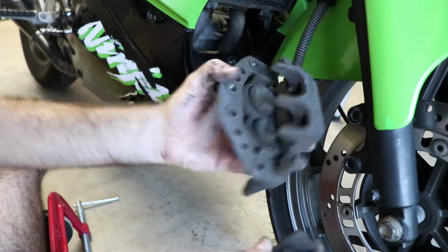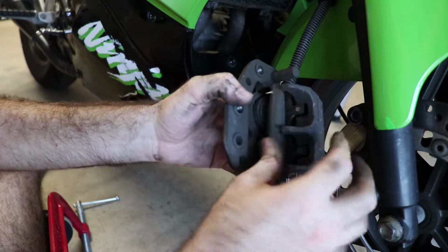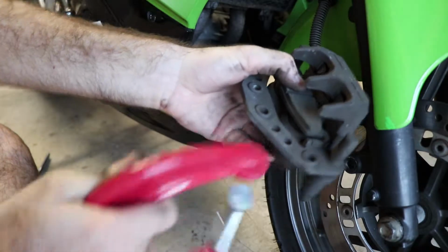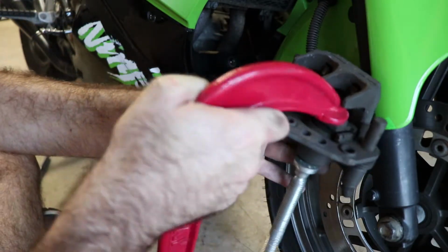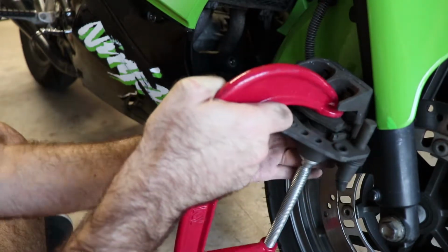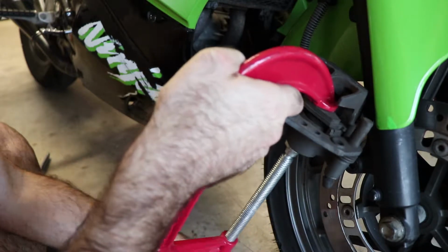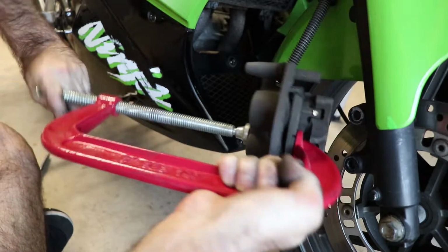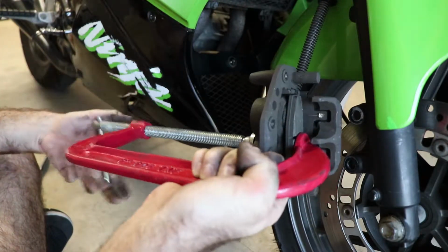Okay, now we're ready to compress our pistons and push them back into the caliper. So in order to do that, we take our old pad and we put it back in here. We take our C-clamp and we fit it around pad and caliper thusly. Get it as close as you can to the center, but it isn't hugely critical. And then just tighten the C-clamp down. And you'll see that your pistons retract